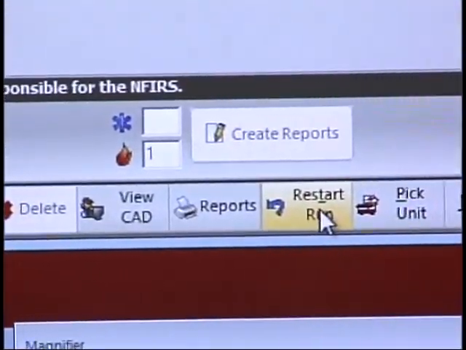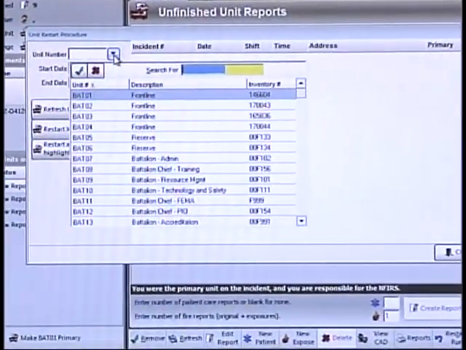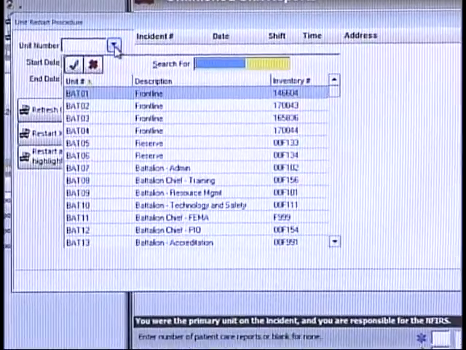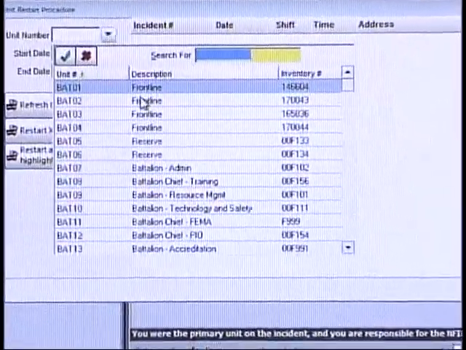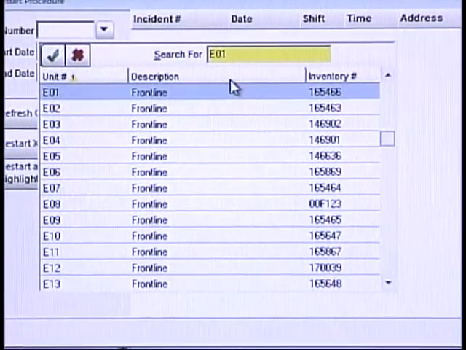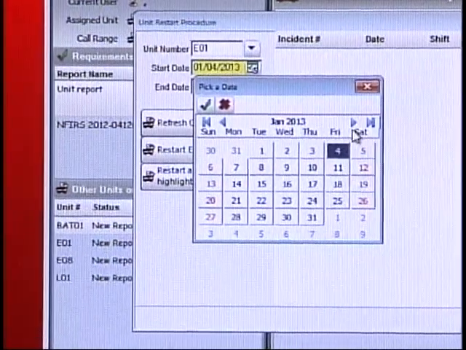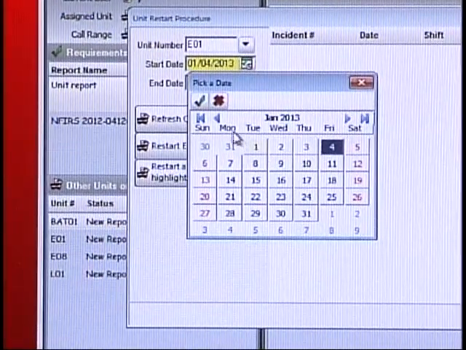Okay, so if I want to restart a call, now it is not grayed out here on the bottom. To restart a run, you click on that, select the unit number. Now an officer can restart a run in anybody's queue. That's why we limited it to the officers, because you can restart anybody's queue. So if I want to restart a call in Engine 1's queue, let's say it was back in